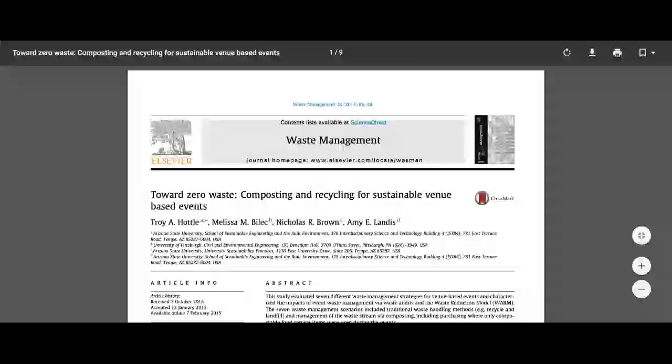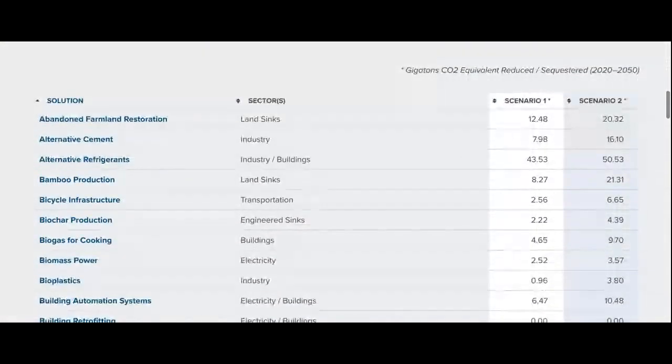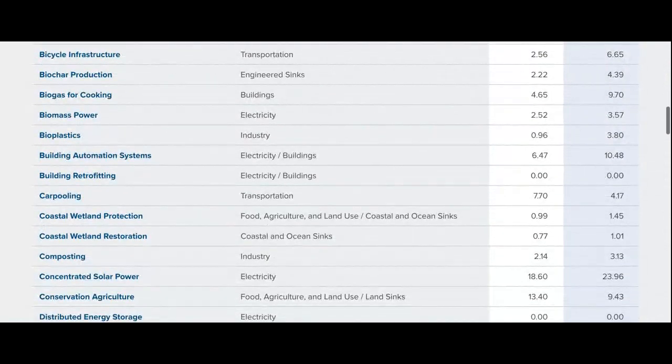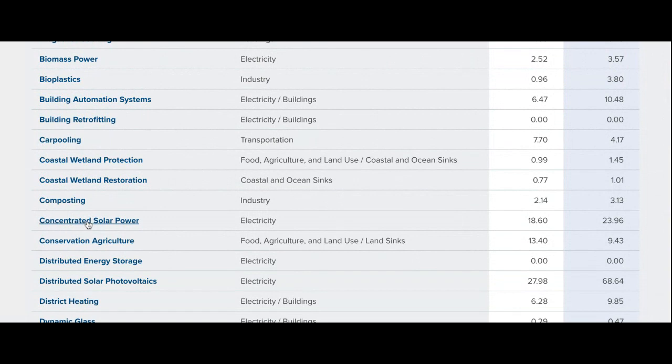That's not it. Let's see. Hold on. Okay, here we go. So this is the Drawdown, right? If you click on that link, you'll get the table of solutions. It'll take you to this. This is one of the best sites that I can think of that has 100 different solutions to climate change. And what we could do is adapt one of these to what we want to do in our industry, right? So for instance, let's say I wanted to have my teams ride their bikes rather than take planes. Well, I could talk about bicycle infrastructure. Obviously, that's not so realistic. That's not logical. But if we're talking about power, concentrated solar power is probably a good one to think about.